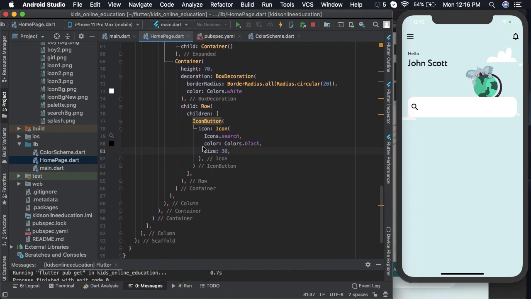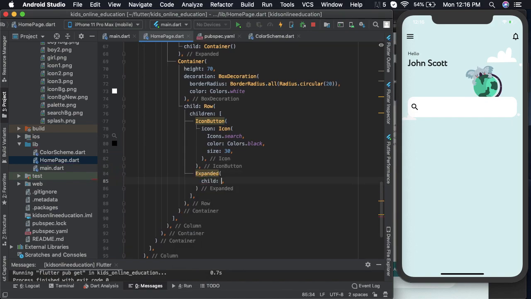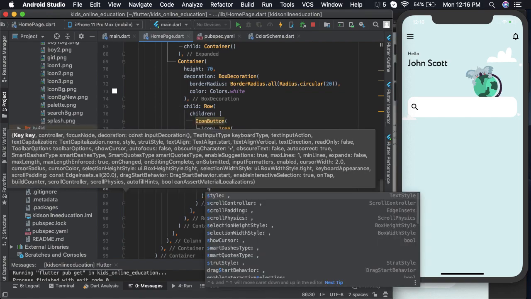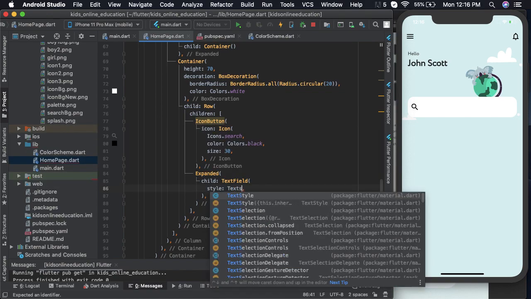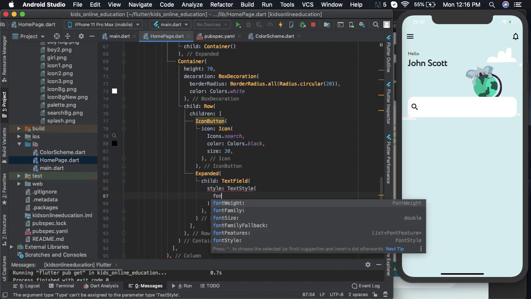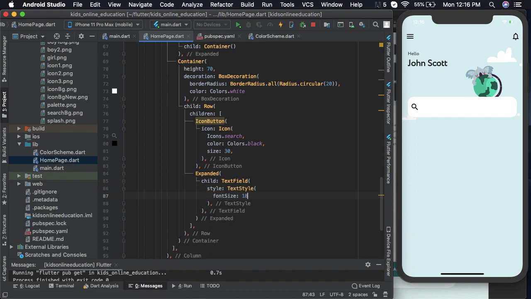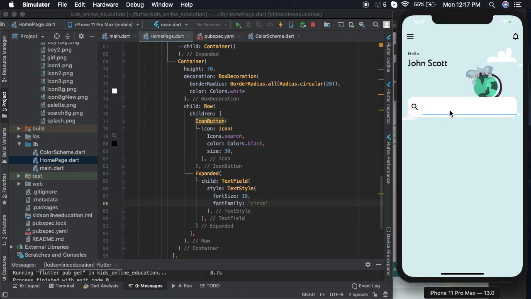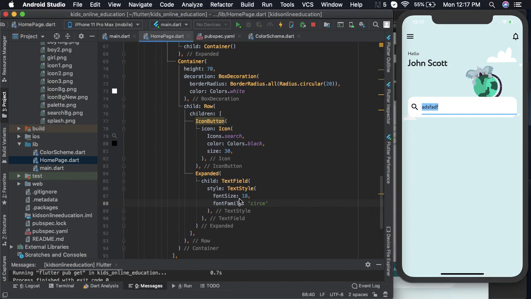Now again I want the search text area to be expanded till here, so I'll probably give it an expanded widget, and then we'll have a text field. Let's style that. Font size can be 18, and font family again is Cersei. Let's see if that works. Okay, it works,